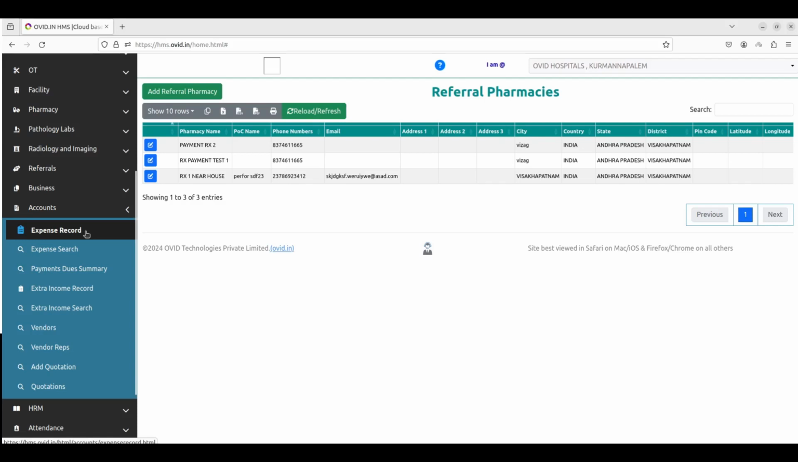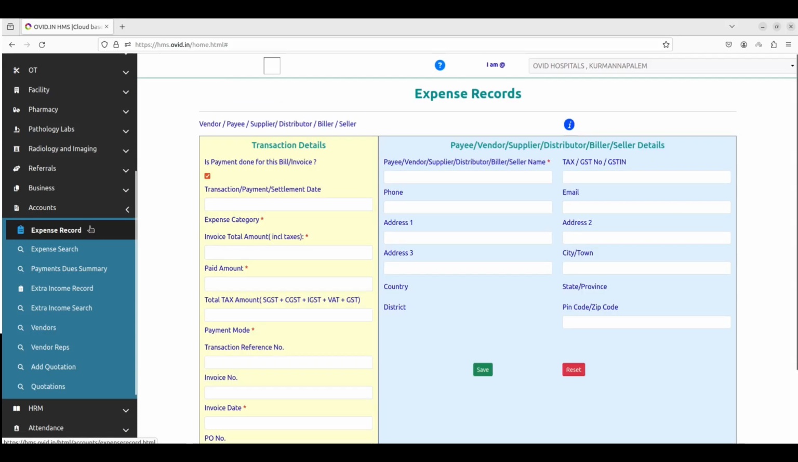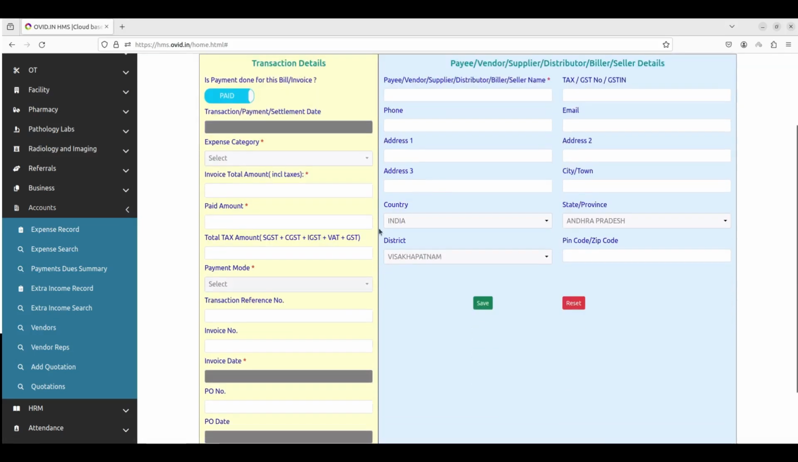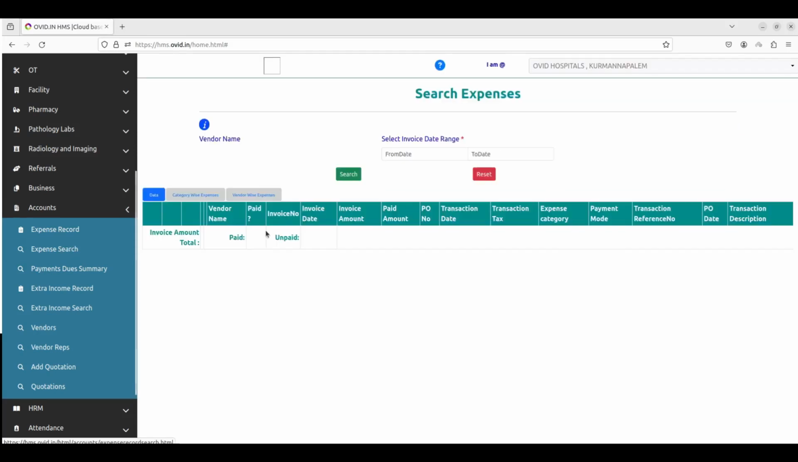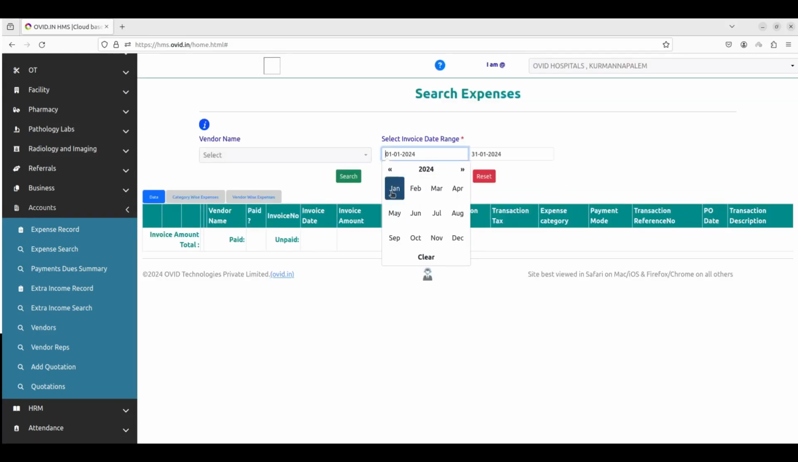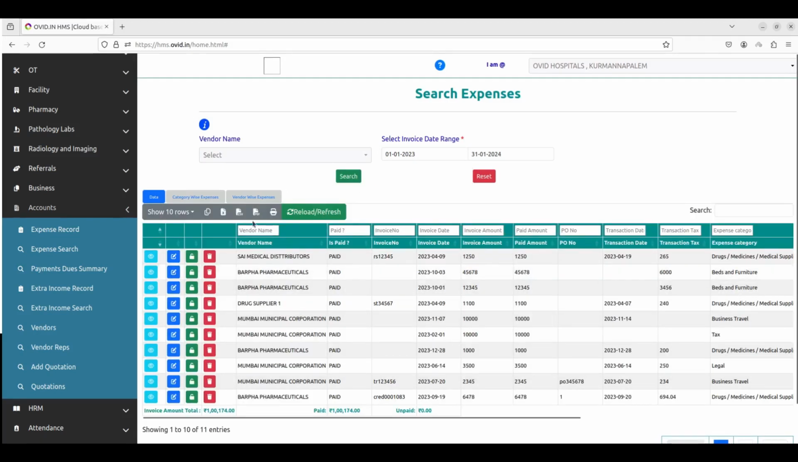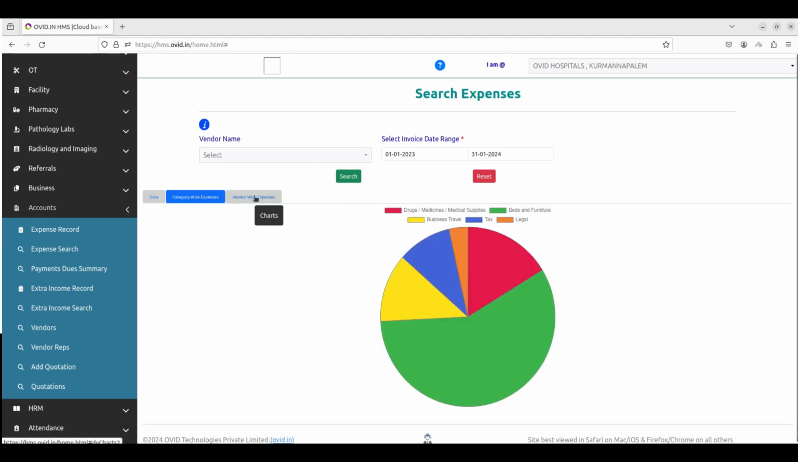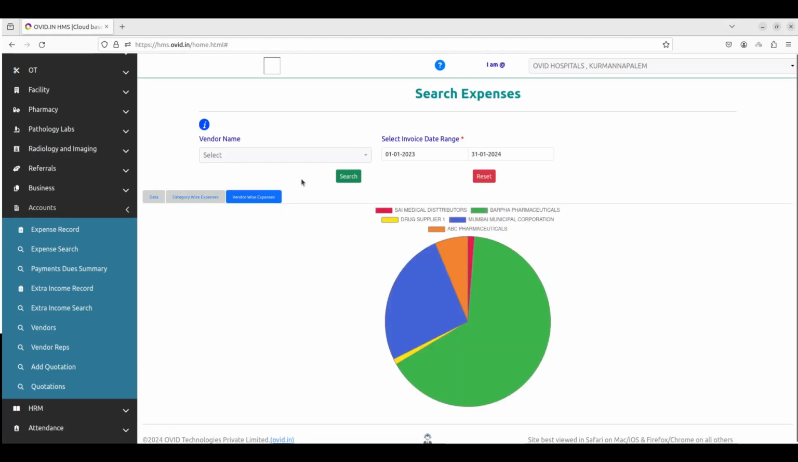Okay, and apart from that, you get this accounts module, where you can record your expenses along with the vendor details. Vendor details is a one-time entry, and then there are the transaction details for every transaction. Once you fill everything, and if you maintain the data well, you can see all your expenses on one screen along with the graphs and charts,